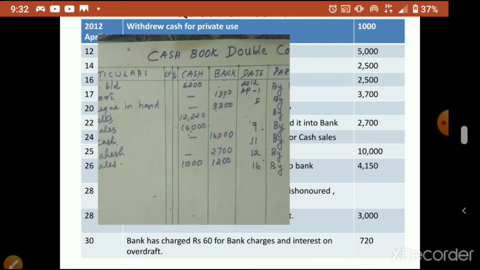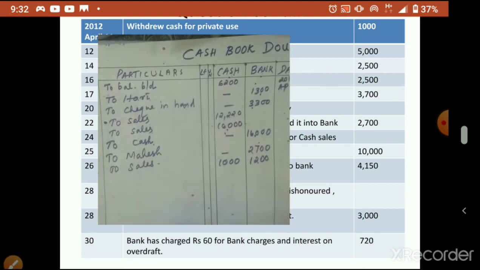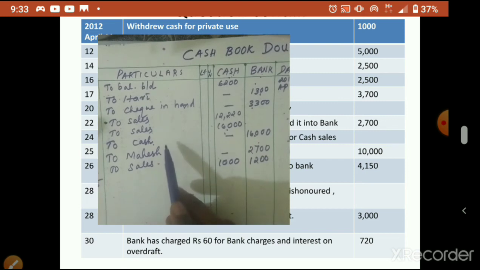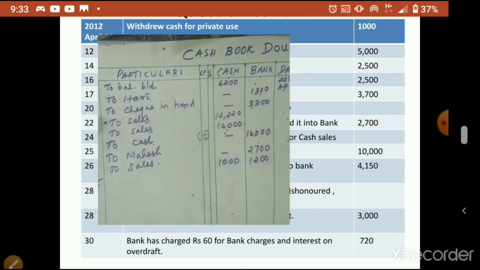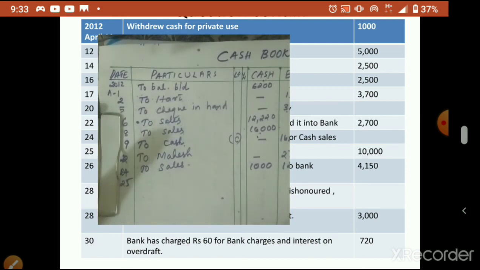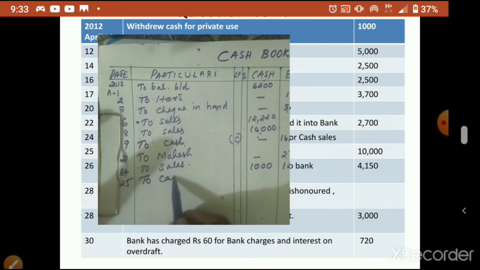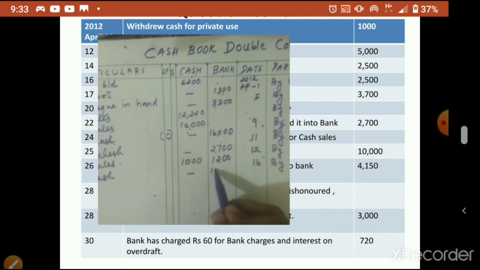Okay, now paid into bank. Paid into bank means we are depositing into the bank. Again a contra entry is coming. So remember, when we deposit cash or when we withdraw cash, in both situations contra entries will come. So again cash is going from us to the bank, like the previous case. So on 25th a contra entry is coming. When a contra entry is passed, you can write C in the LF column to understand it is contra. C here also, and here also you can put C in the bracket, to understand it is contra. So here also now money has gone to the bank. So to cash, write the amount 10,000 in the bank column.